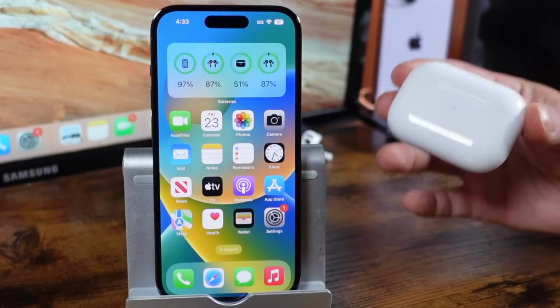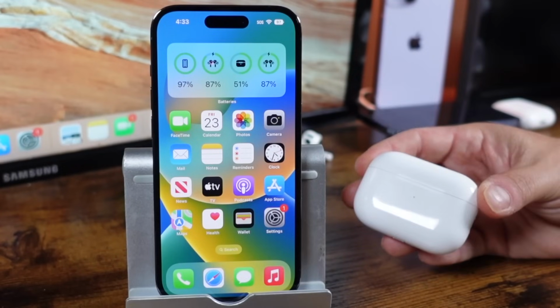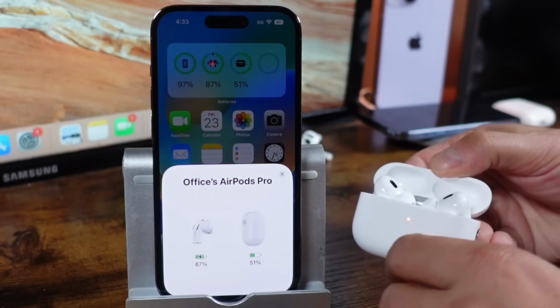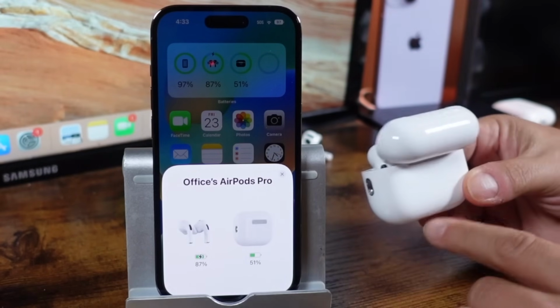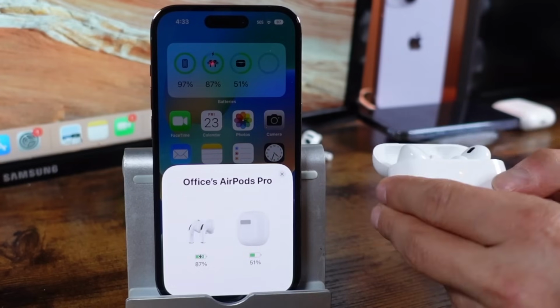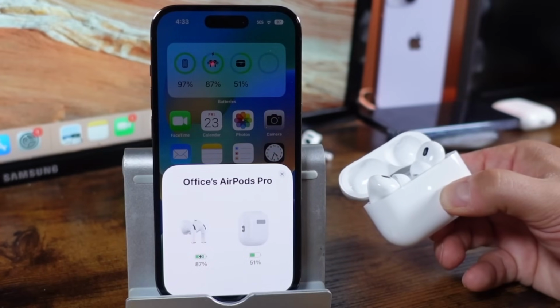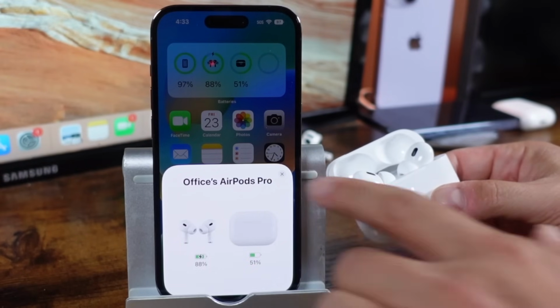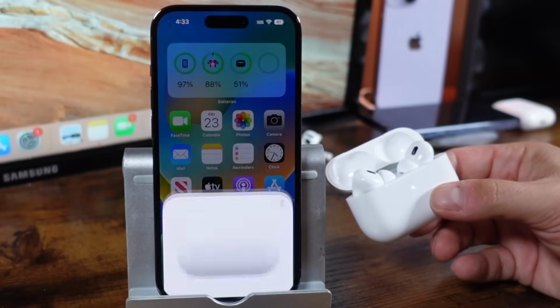For this next tip, hopefully you'll never have to use it, but if there are situations where your AirPods Pro 2 become unresponsive or just not working right, you can actually reset them completely. So on the back of the AirPods Pro, you're going to press and hold on that button for about 10 seconds. You'll hear a chime, and when it beeps 3 times, just tap on the screen and it's going to reset